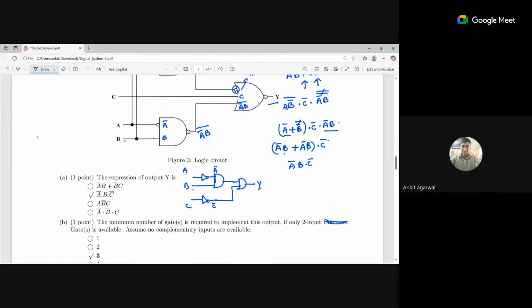Now one thing is also that if I just take A bar C bar, it becomes (A plus C) bar dot B. That's a NOR gate. So A and C implemented with a NOR gate, and then with the B, so we are getting Y. The minimum gate is